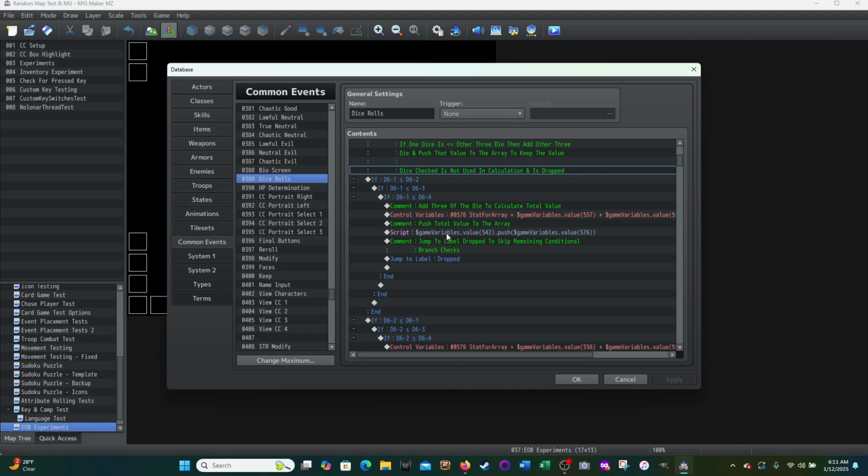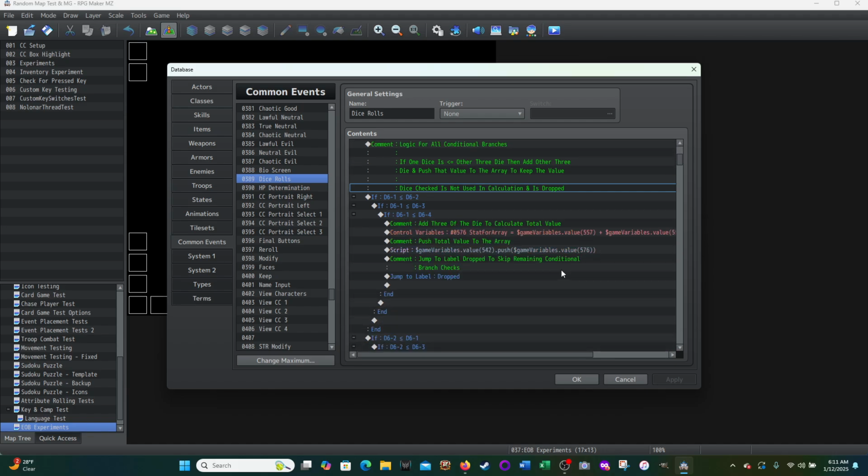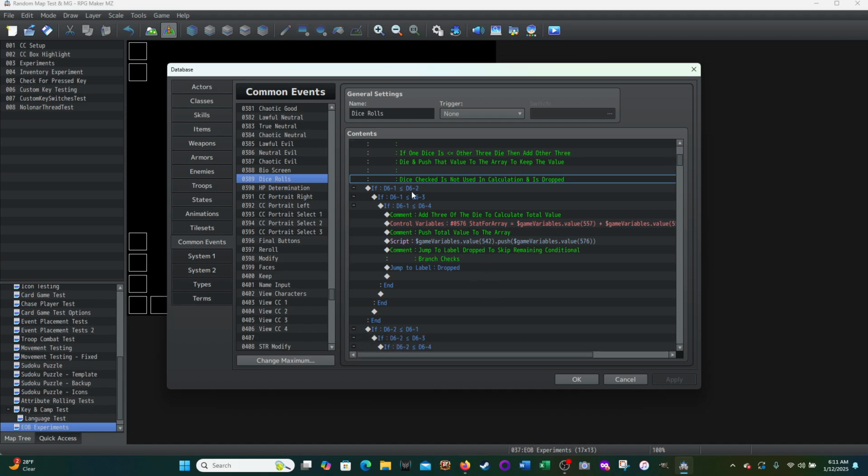So that's what this script is doing. So $gameVariables.value 552, that's my array, 552, my empty array. And I'm going to dot push the value of the variable 576, right, which is this. So we did our 3 checks. It determined that die 1 is the lowest, so it adds up the other 3 dice, saves that total in a variable, and then it takes that variable, pushes that value into the empty array, and then jump to label